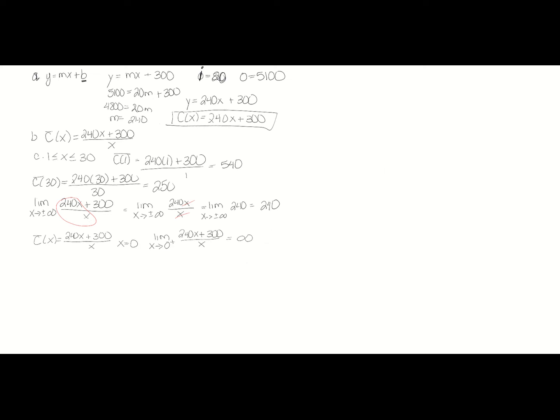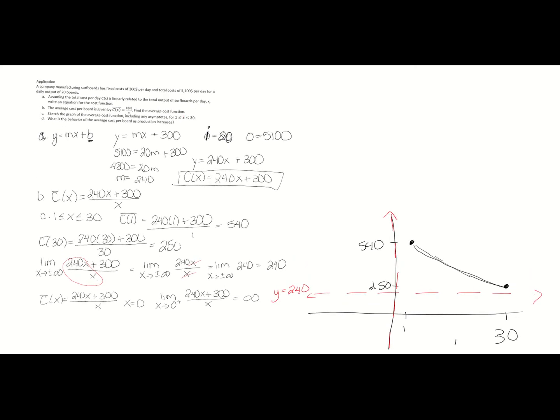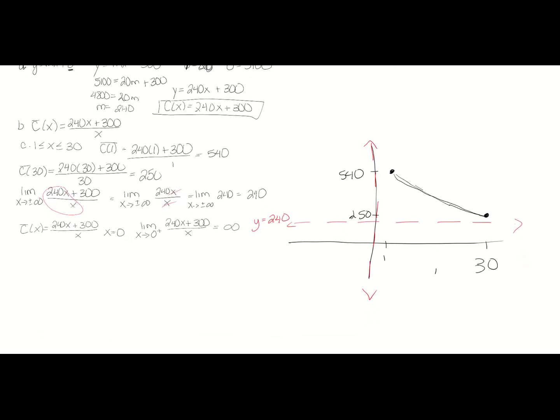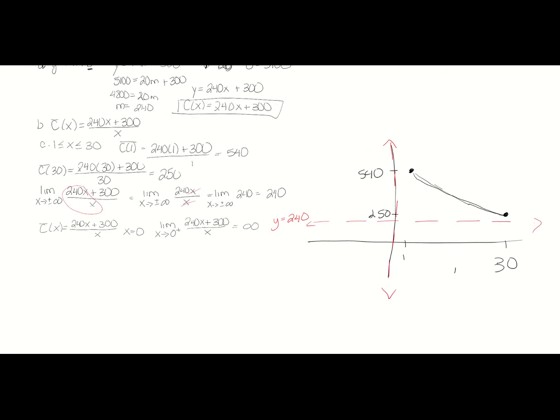Okay, and our last part is what is the behavior of the average cost per board as production increases? Well, we already found this out because we actually already did it right here. Let me circle. As your production is increasing, which you can now visually see with the graph, the behavior is that your average cost is approaching 240. So your average cost approaches $240 as production